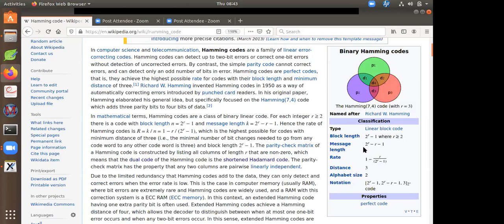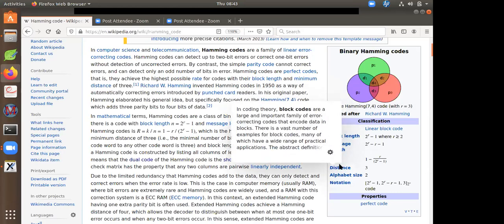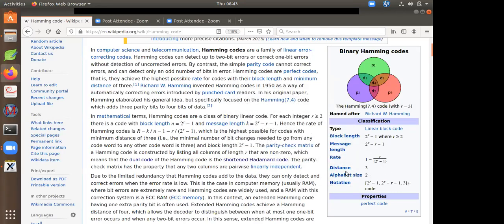What is the message length? Okay, and length and rate. You know what a rate is? What is the distance? You know, alphabet size. So it is a binary Hamming code. Here it is already written, binary Hamming code. You remember that I gave the circles also, right? So for the 7 comma Hamming code, he gives an example also. Then r equal to 3, right? You read here a little bit and try to prove them. Every time r is changing, but even then the length is like this.